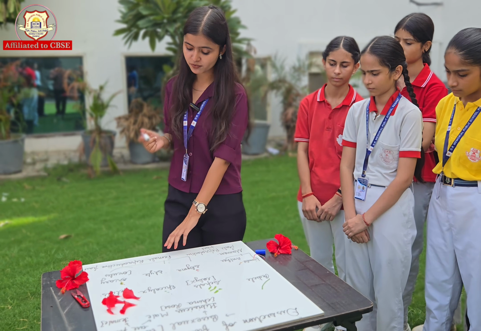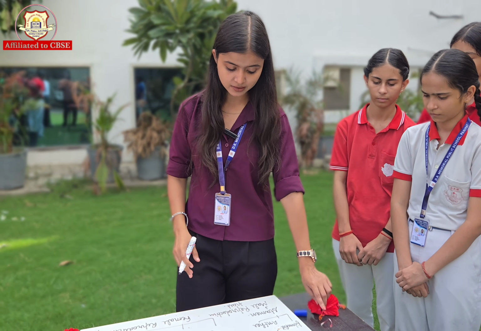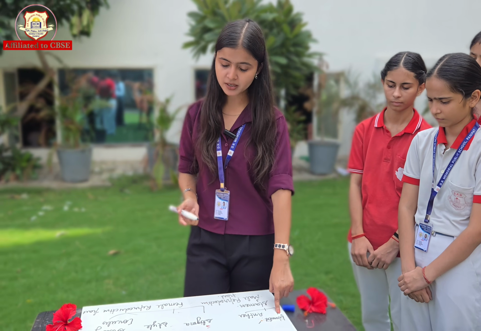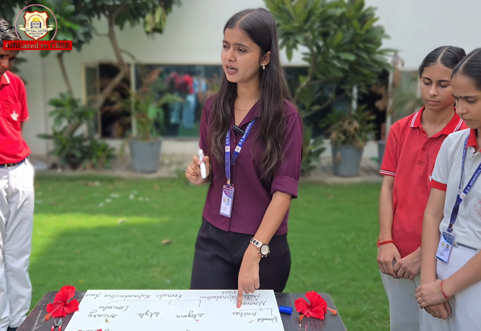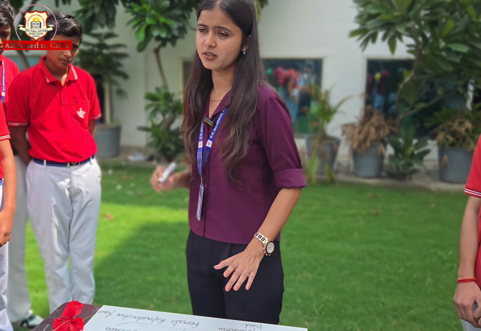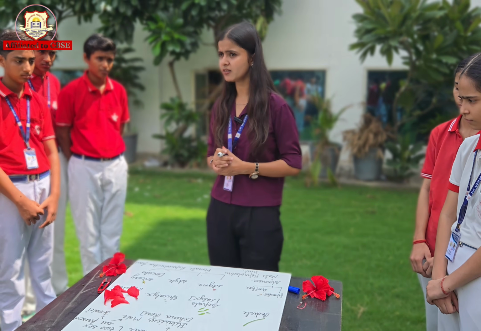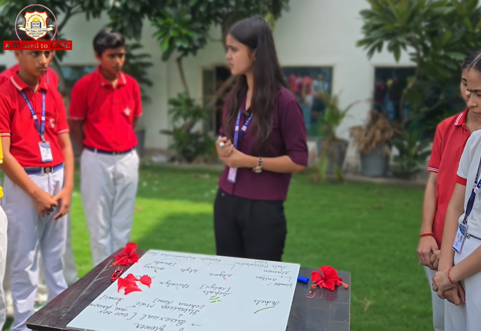Male reproductive part and female reproductive part, because this is a bisexual flower, so both are present in that. Male reproductive part has 2 parts, filament and anther. Female reproductive has 3 parts, stigma, style and ovary. This is all about the parts of the flower, that is hibiscus flower. Common name of hibiscus is China rose.